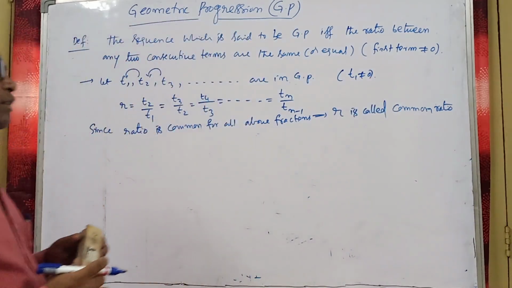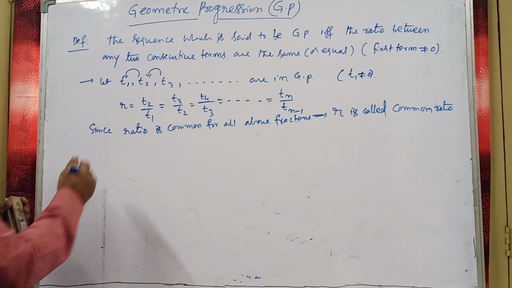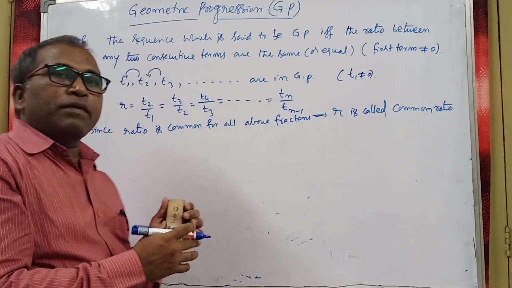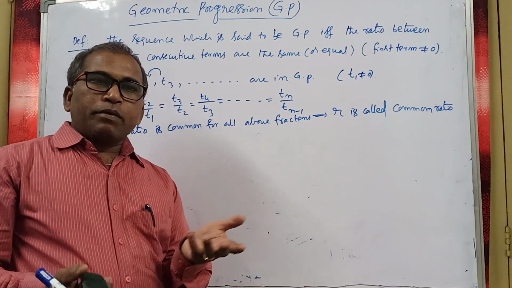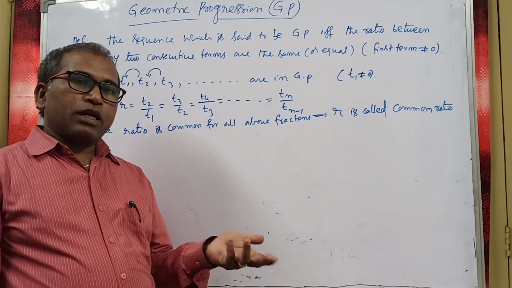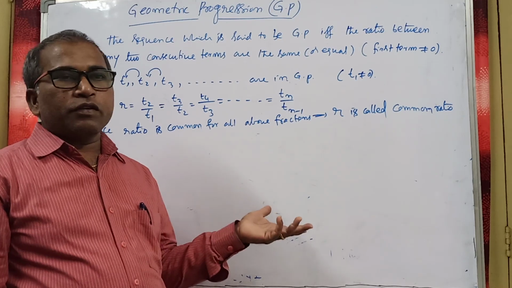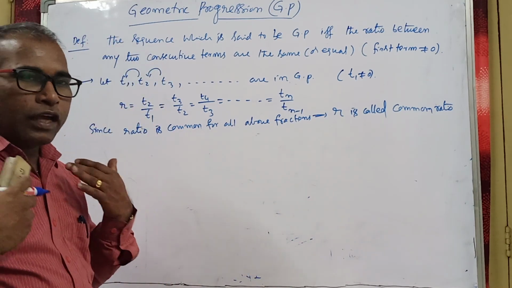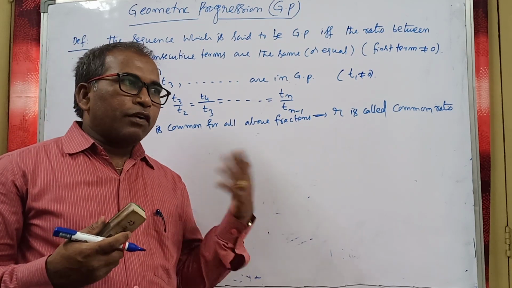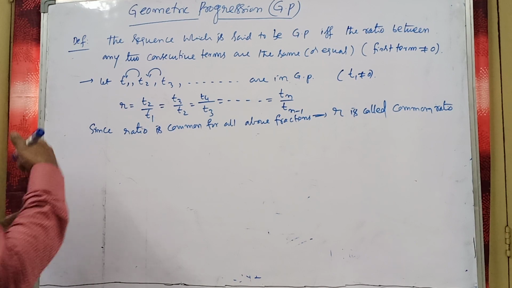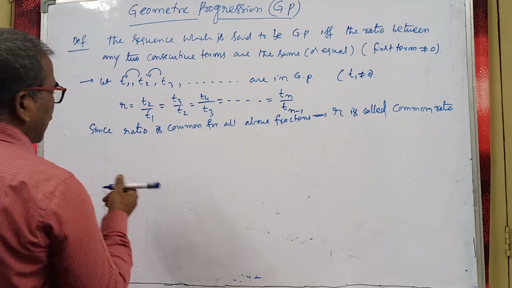Remember that condition. Usually the first term, whether it is in AP or GP, is denoted by A. Some people might ask why not choose B. No problem, you can choose B or C for the first term, but we are following one general method that everyone follows. The meaning does not change whether you choose B, A or C.